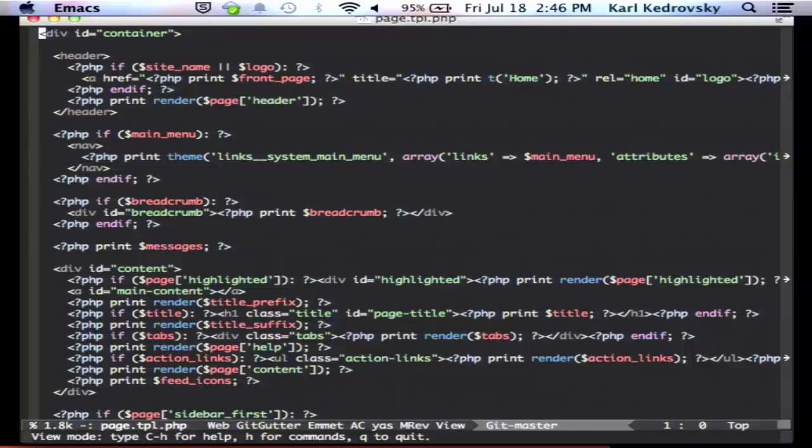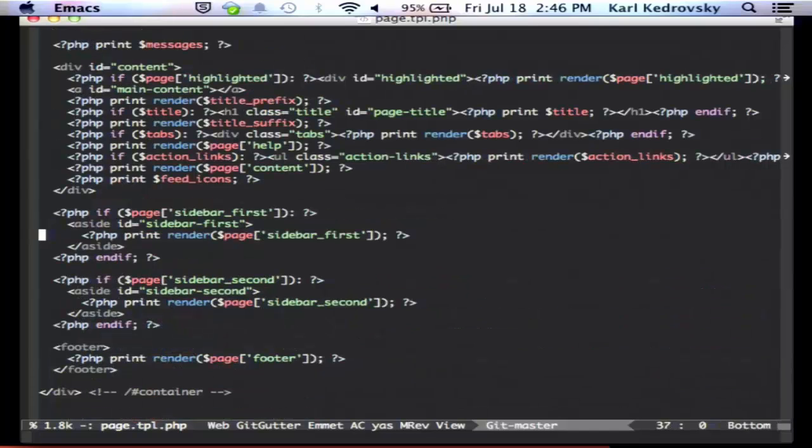So this page file is really where everything's going to go. You'll see in here we've got a header, a nav, breadcrumb, messages, the content, and the biggest ones that we're going to look at in this theme are the content and then the two sidebars. So we've got our content laid out at the top of the page, so Google thinks that all of our content is the most important thing on our page instead of our sidebar, which is great. Then you have your first and second sidebars down there, and then there's a footer. Okay? Now to make all this